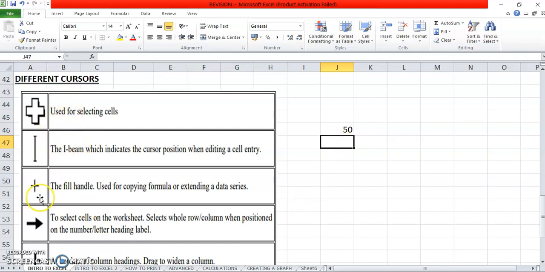The next one that I just want you to remember is the fill handle, or the autofill handle, which we just